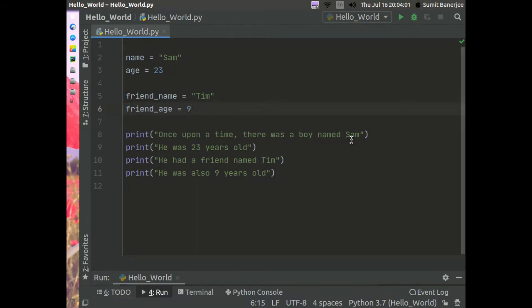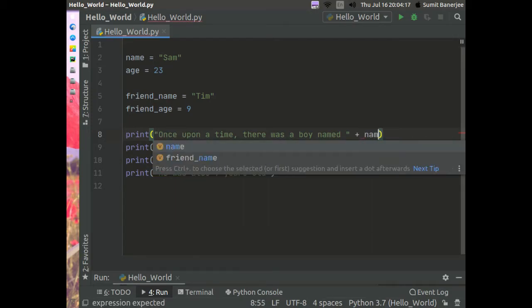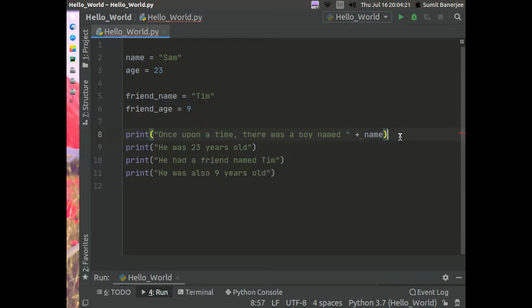So now for assigning these variables in the print, wherever the name of the character is, we just add a plus sign there and then give the name of the variable. And remember, you should always give the name of the variable outside the double quotes.